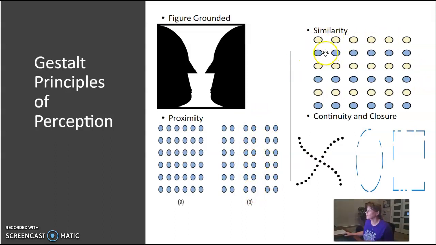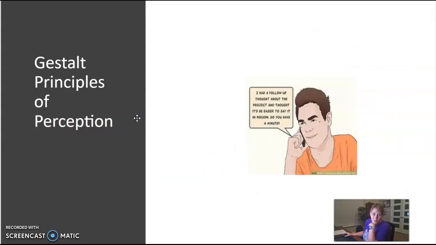And things that are similar. All the yellows go together. All the, I guess that's lilac color goes together. So that is the principle of grouping. And so then we have describe how our perceptual set is influenced by an individual's characteristics